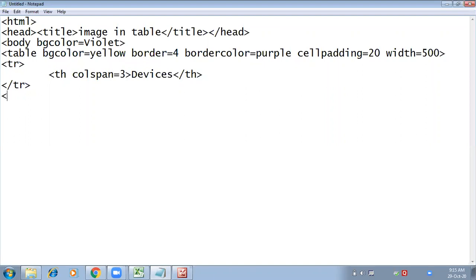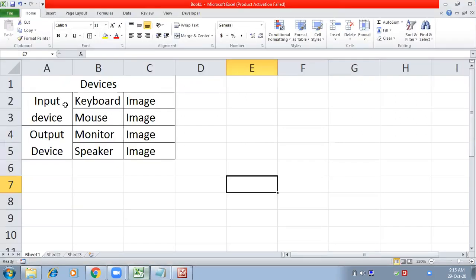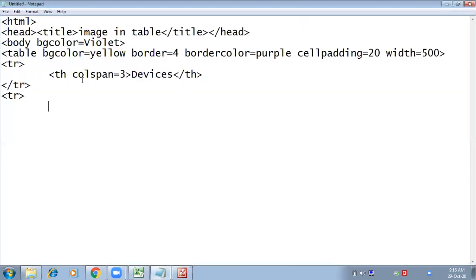Now second row. In the second row, in the first cell of the second row, we have to merge two rows. And second and third cell is normal cell. So we will start with TD, rowspan equals to 2.